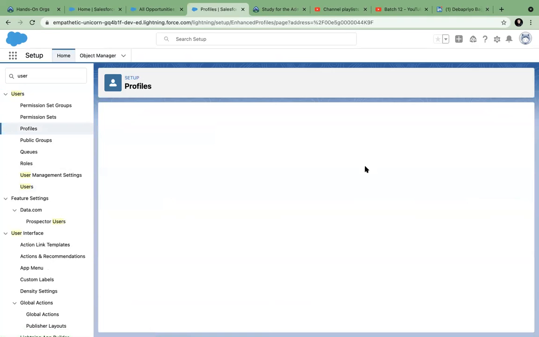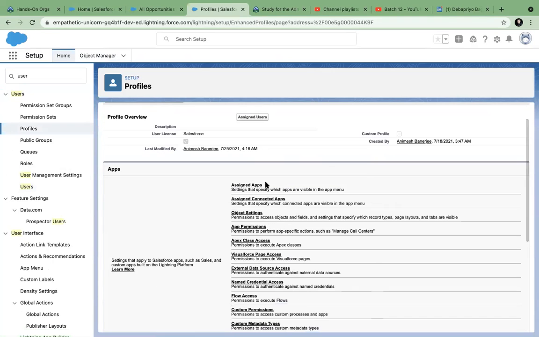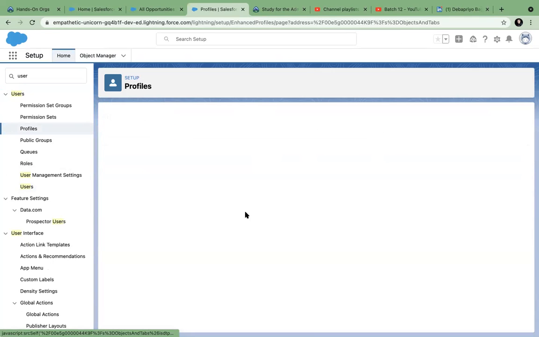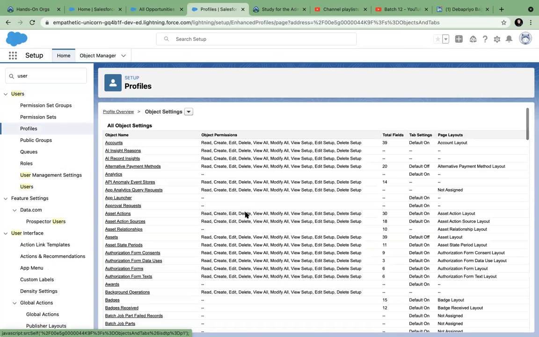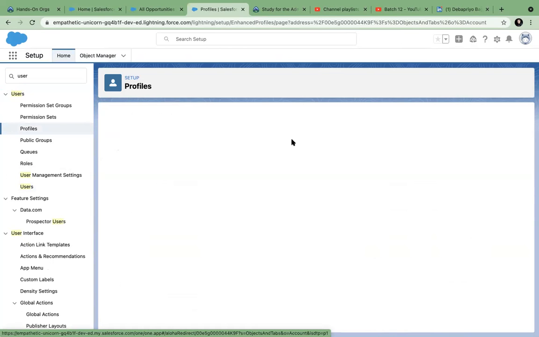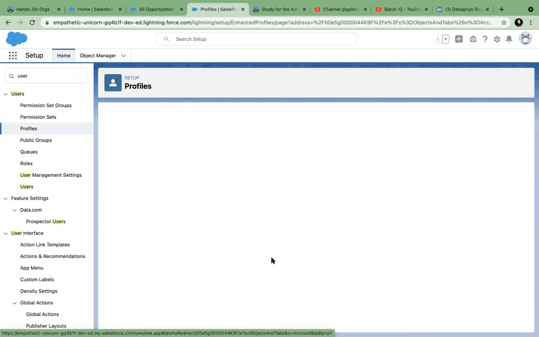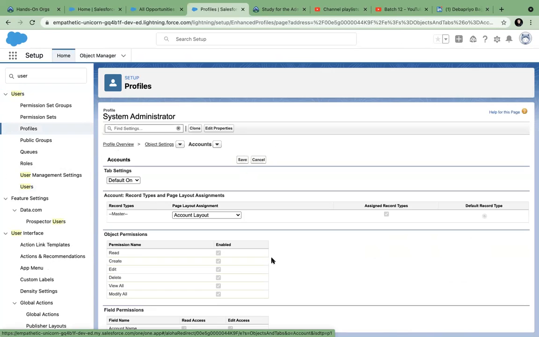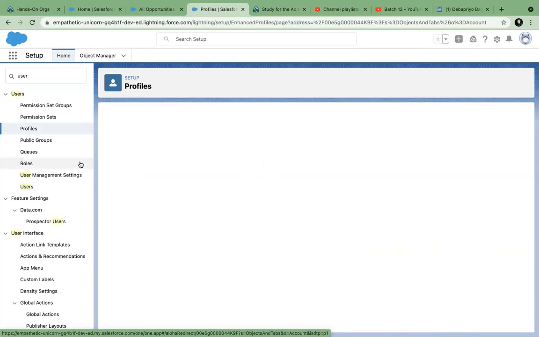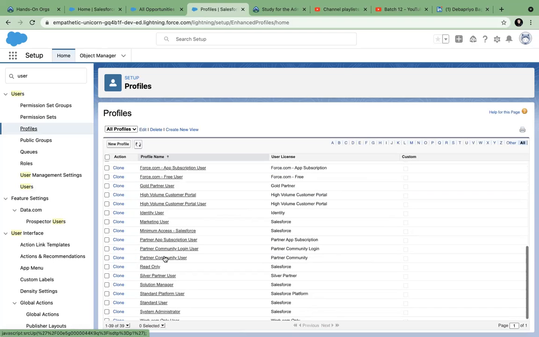I think I cannot change system admin, but we'll see. Object settings, edit. The system administrator permission can be changed, I think. Yeah, it cannot be changed. And view all, modify all. So I have to go and give myself, I will copy system administrator,